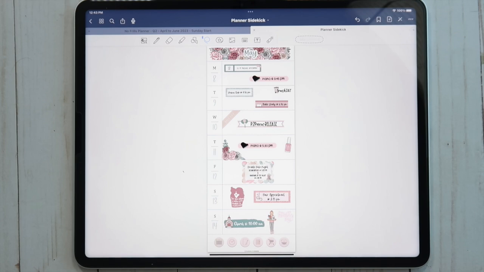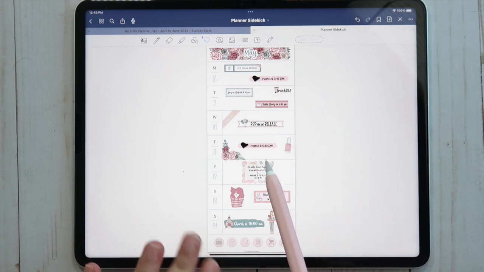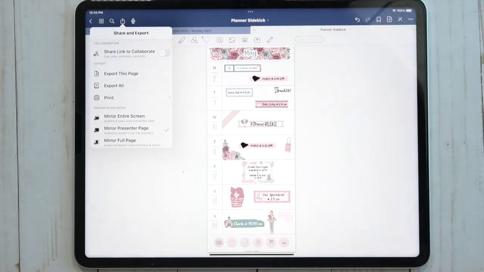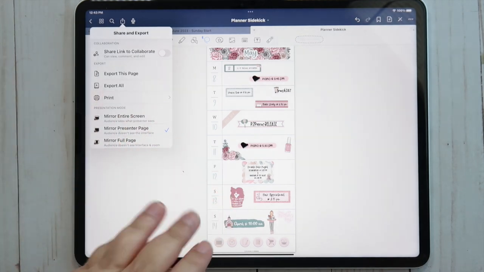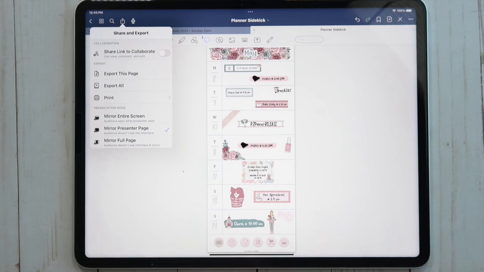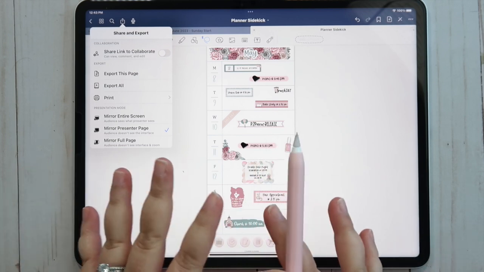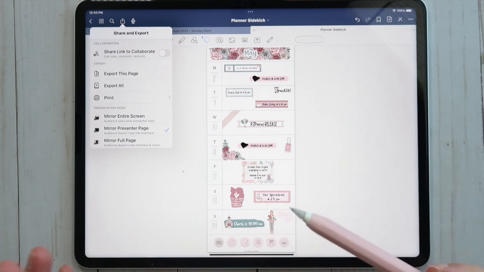So anyways, without further ado, I want to save my spreads that I do in my planner sidekick. What I'm actually going to do, I think, is export this page as a PDF and save it to my desktop, and then I'm going to create a little folder in Goodnotes to lump them all together, because I'm not gonna lie, I'm a little sad. I don't want to just erase this whole page after putting work into it, and I just love how it looks. But I think it'll be fun to look back and flip through all the pages.